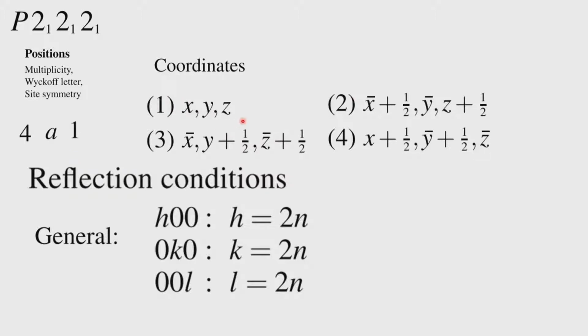The equivalent points therefore are 4 and there are no special positions in this crystal system obviously, because even these regular symmetries that are present are not intersecting with each other. So, you have 4 equivalent points and the conditions which come are independently for each 2-1 axis. So, we have H00, H equals 2n only present, 0K0, K equals 2n only present, 00L, L equals 2n only present. So, you can determine the space group P212121 again uniquely.